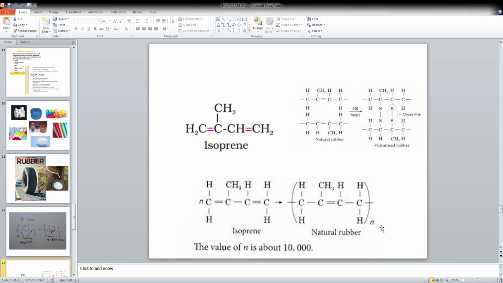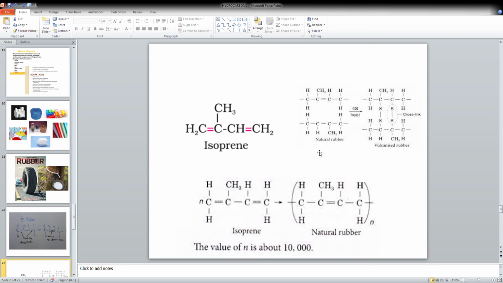And the next problem, though we discussed isoprene and natural rubber, if you directly use this natural rubber, it is not durable, not strong, not hard, right? If you directly use this natural rubber, that is useless. We can't apply it in so many cases. So we try to enhance that quality. So how do we do that? We have to get the vulcanized rubber.